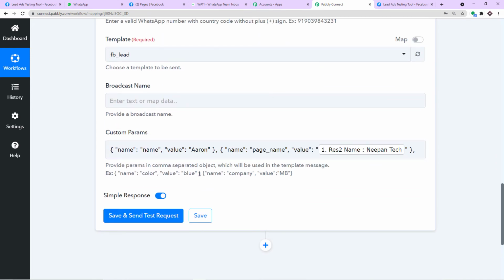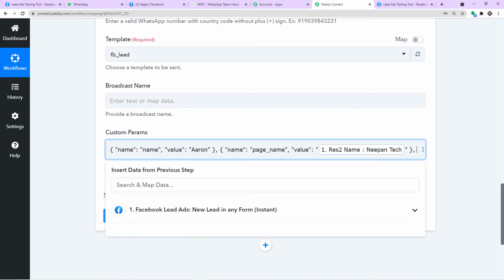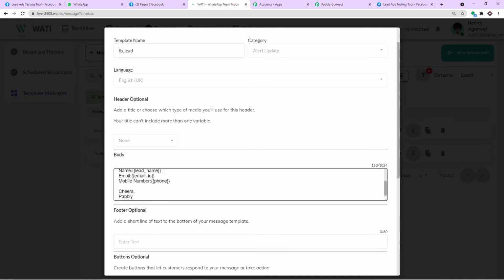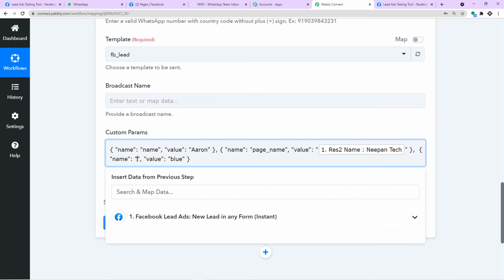I'm just going to copy this whole stuff once again and paste it here. Let me remove this color, and afterwards let me copy the third parameter, that is the lead name. We are already familiar with our lead name. I think it was Johnny Einstein or something.